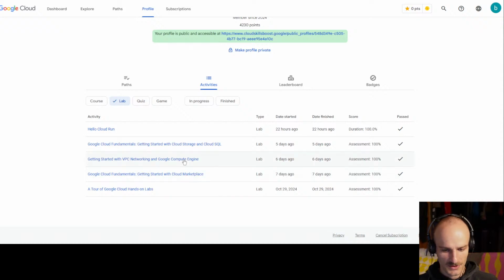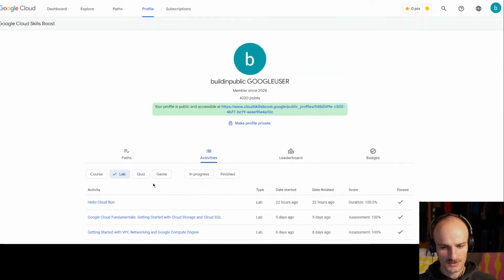And then I practiced something about VPC networking and Compute Engine connectivity. Then I practiced with Cloud Storage and Cloud SQL. And then I practiced with a serverless application in Cloud Run. So if you're interested, you can find all these laboratories in,